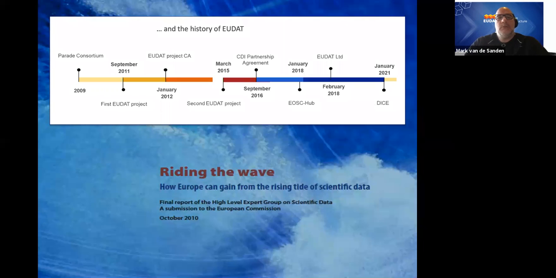This is the timeline in which EUDAT has been evolving. The initial start of EUDAT, at that time it was not called EUDAT, but Parade, was in 2009. And that was also around the same time when a high-level expert report came out, which is Riding the Wave. With this high-level expert report, it was really the emphasis on how data and the challenges with data management progresses also towards the future, and that it really was required to take action on how you can improve your data management practices. And on basis of this, EUDAT was formed,